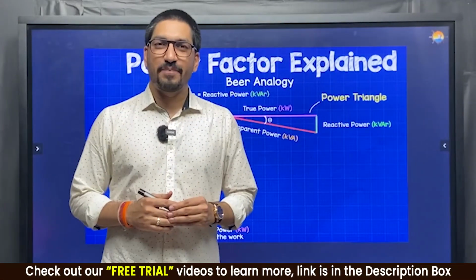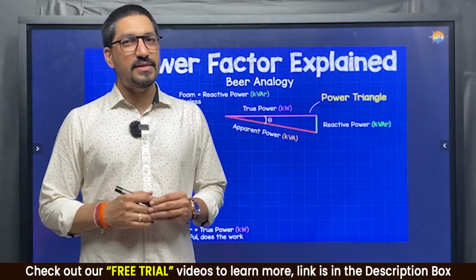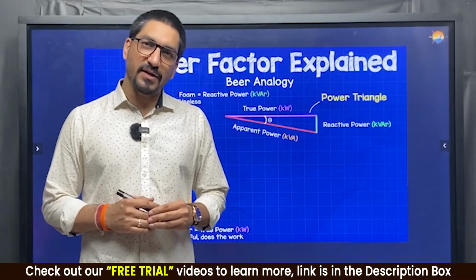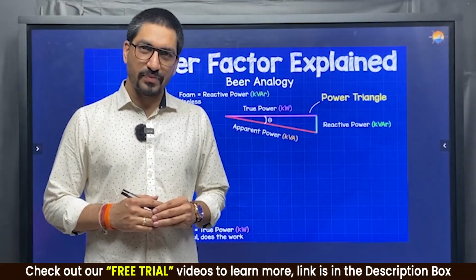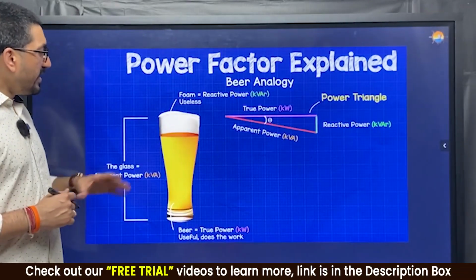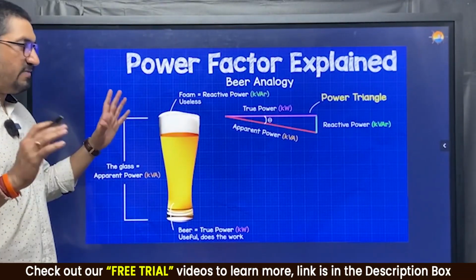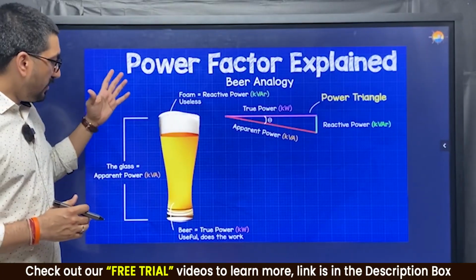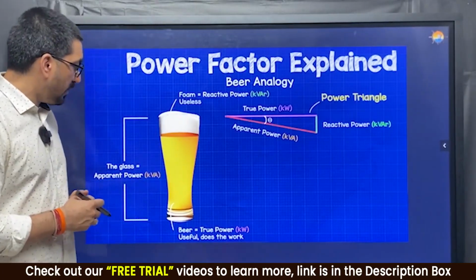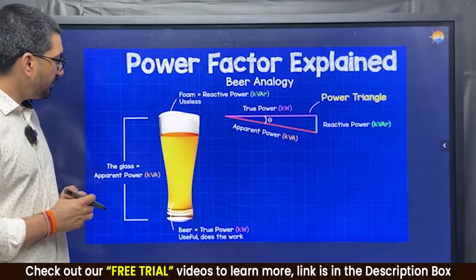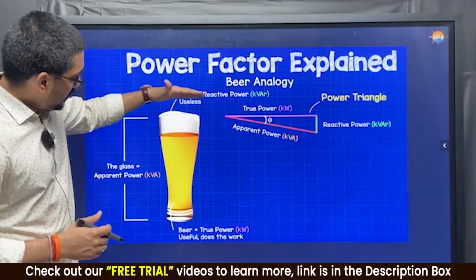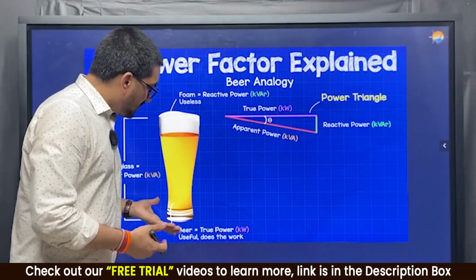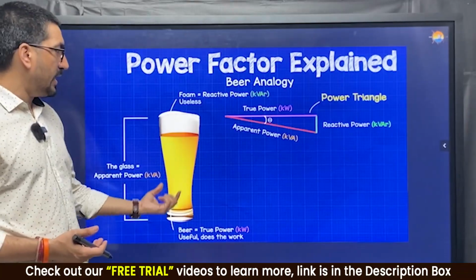Hey guys, welcome back. So in this module, we are going to discuss what is the impact of power factor on the system on board ship. So we can explain that through this very famous picture which you may have seen earlier also, that we can explain power factor through a glass of beer where the complete volume of the beer glass is showing me